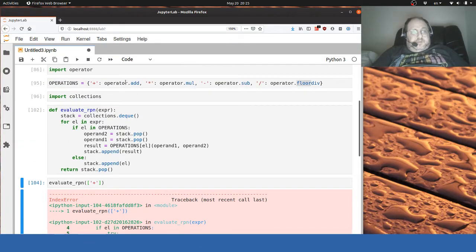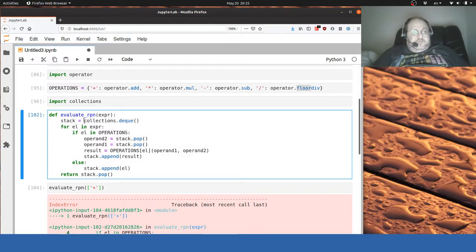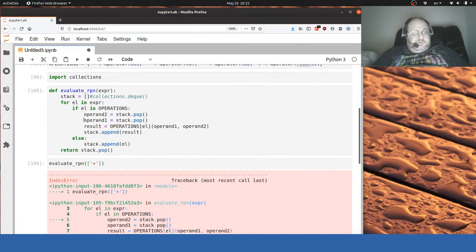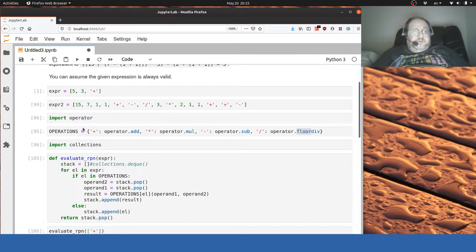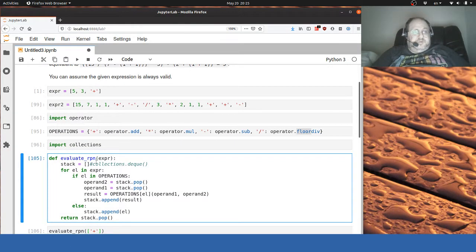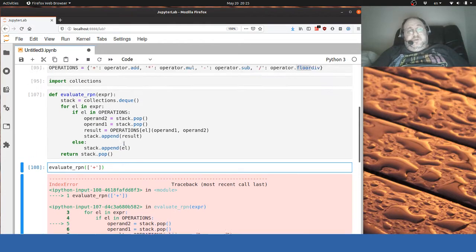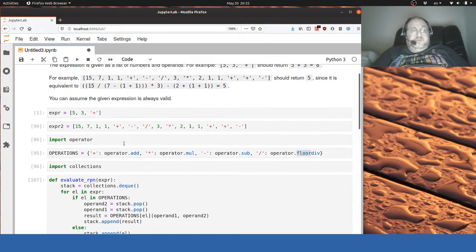It'll be a slightly different exception: pop from an empty list, but it's the same issue. So you can assume that the operation is always syntactically valid. You don't have to do any checking. It's fine to raise an index error, but I would ask whether you also mean semantically valid, which means no